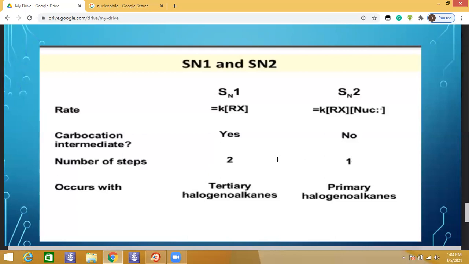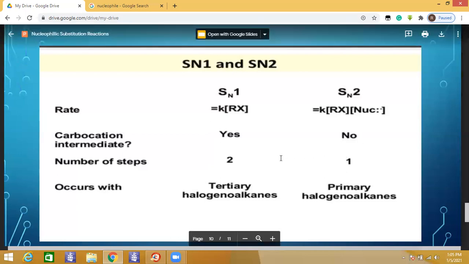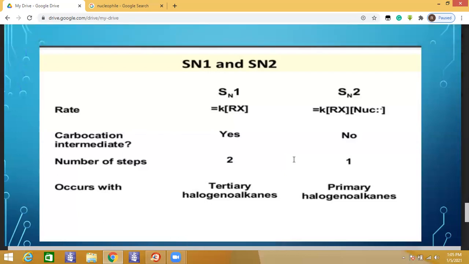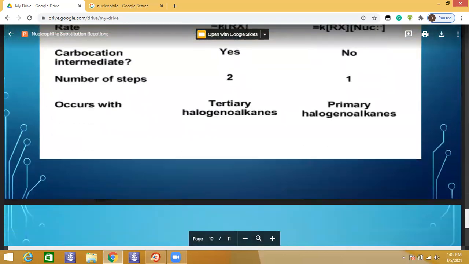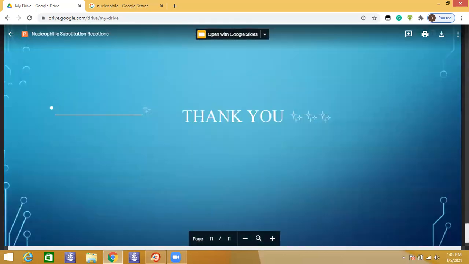What about secondary alkyl halides? Secondary alkyl halides can give you both types of reaction, SN1 and SN2 mechanism. It depends upon the nature of the solvent. If there is a polar solvent, it will go through SN1, and if there is a non-polar solvent, it will go through the SN2 mechanism. That's all about the substitution reaction of